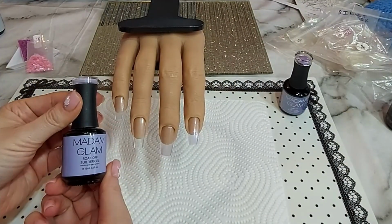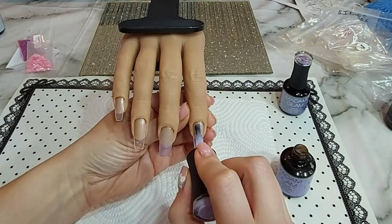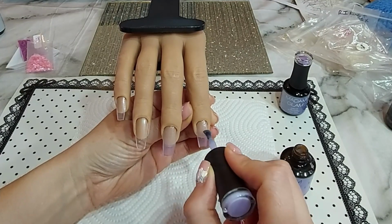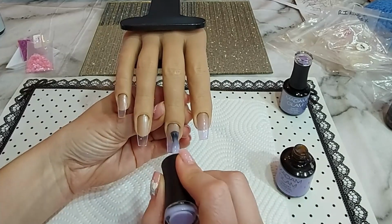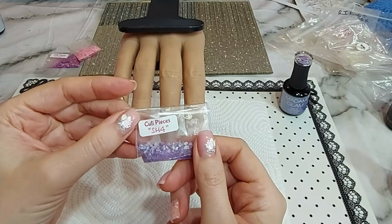And then I'm using Madam Glam's Builder Gel in Lavender colour. I love this colour, it's absolutely gorgeous. And this gel's so easy to work with. So that is going on the top of the nail. So I'm just putting a thin coat on first, and I'm stretching that all the way down the nail